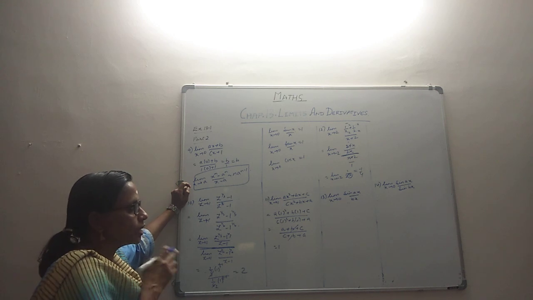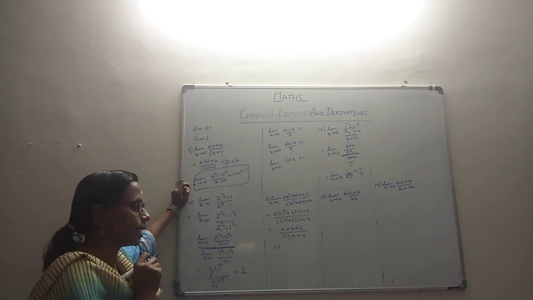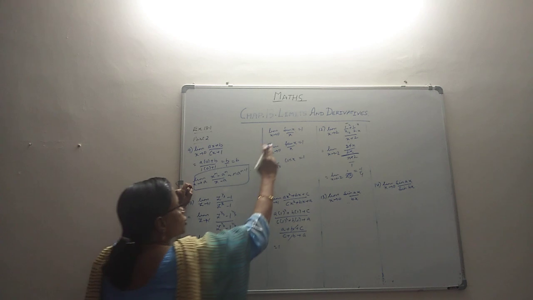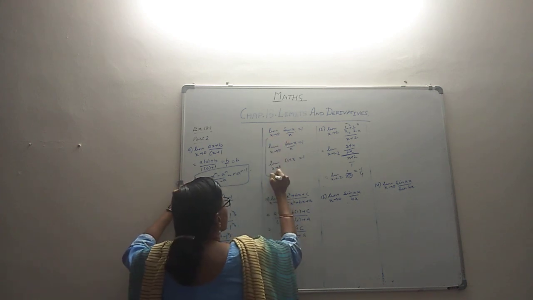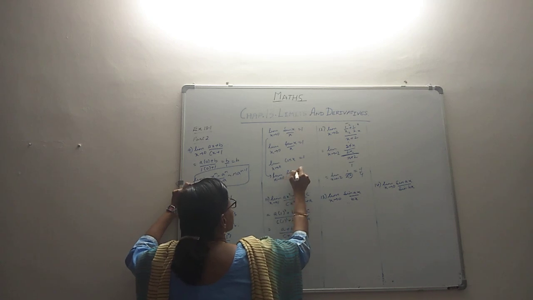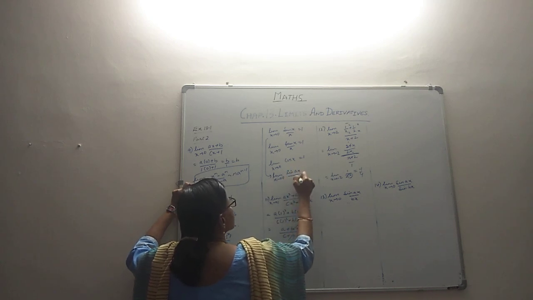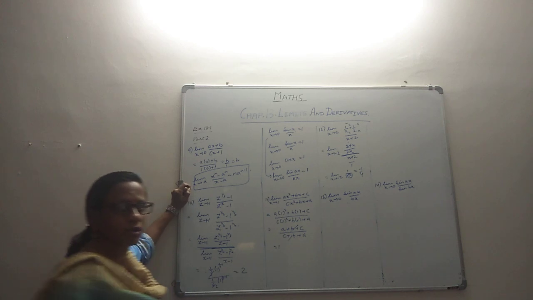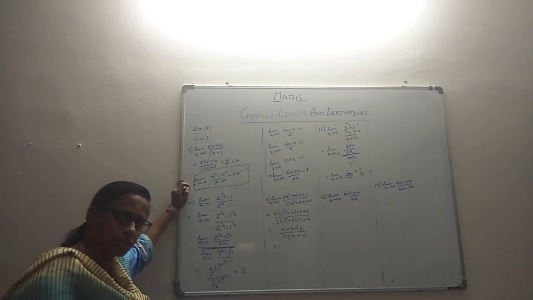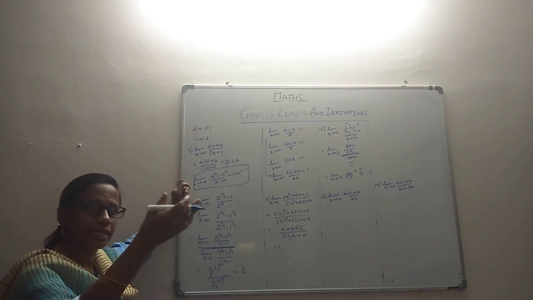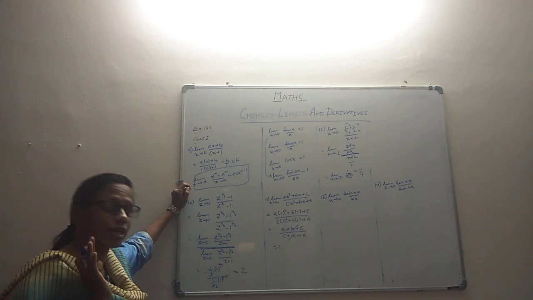Okay, so that is what they intend that we should be applying. Automatically, as an extension to this, you can also keep in your mind that limit as x tends to 0, sin ax, if it is coming, then you should have ax in the denominator, then only it will become 1. Whatever, 5x, then 5x in the denominator, 10x, then 10x in the denominator, 20x, 20x in the denominator, then you can get it as 1.